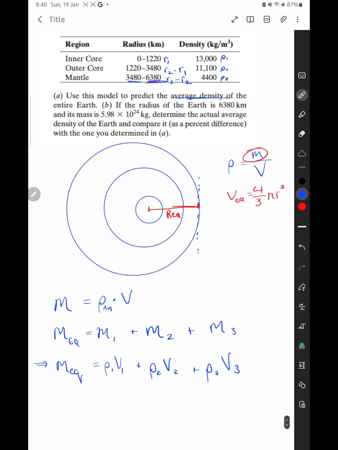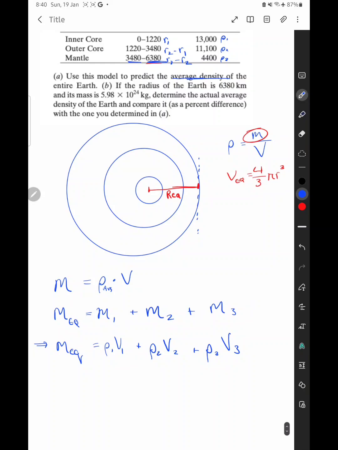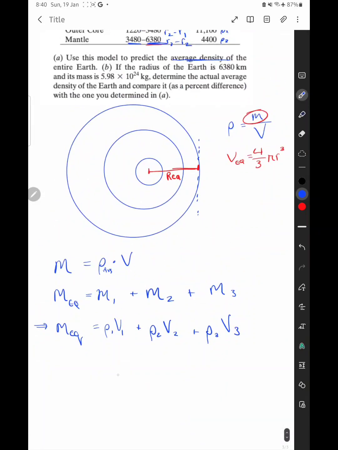So here we're not going to consider the whole sphere. If you have, for example, a sphere like this, and you have a hollow center, then the volume of the shell, this shell here, which I'm highlighting in blue, is given by the outside sphere minus the inside sphere. Alright, so